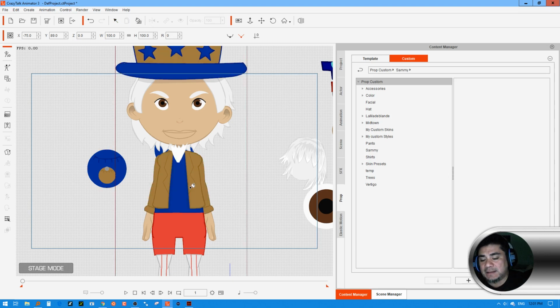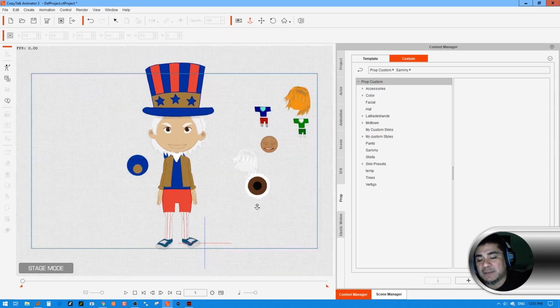You can see that the jacket color changed to brown with the brown outlines, and the underneath shirt changed to that blue with the blue outlines. Sammy also has a hat that uses the same color style, so his hat also changed to reflect those color styles. So it's a very useful little trick. And if you want the exact colors,